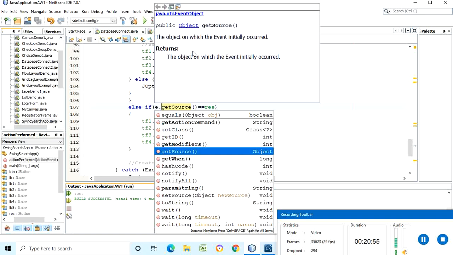The message can be submit, perform, or execute. It is up to the programmer which message to give. The important thing is that internally, as far as the program is concerned, we require the name of the object. The names of the objects are btn or res. If it is btn, then we perform the database connectivity part, extract the data and show the output. If it is res, in that case we want to reset the application. It means that you should make all text fields empty. Accordingly we are doing it.